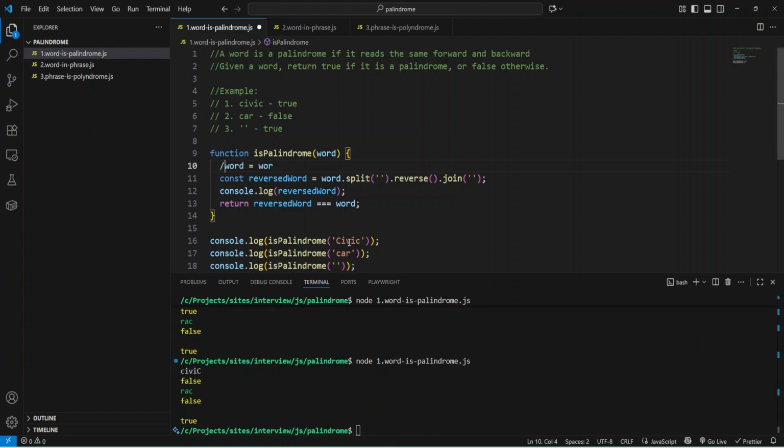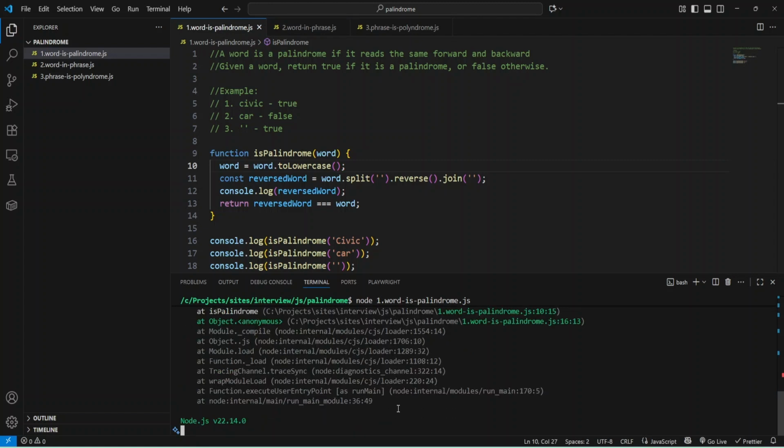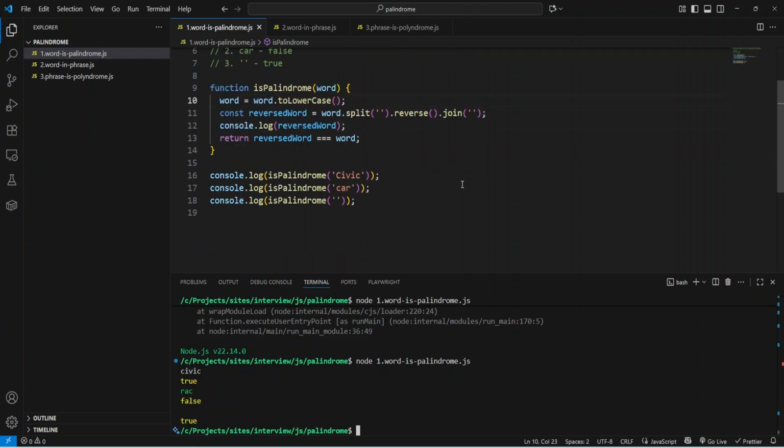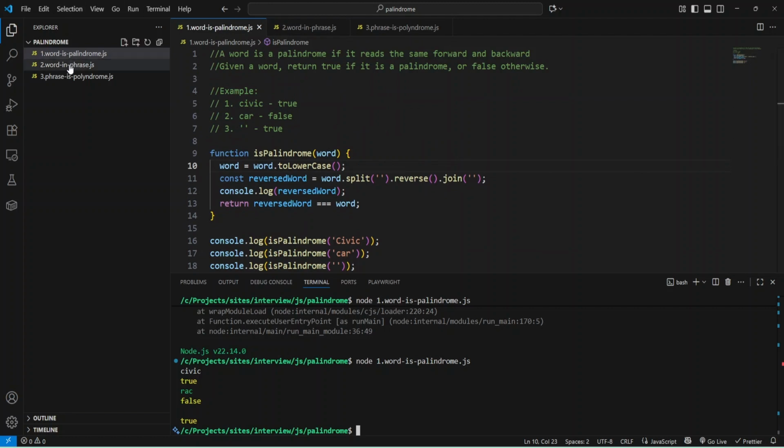I would like to convert our word to lower case, and let's check now. Probably I need to fix it. Okay, now it's working, and as you can see, we have true, false, and true. Let's move on to the next example.